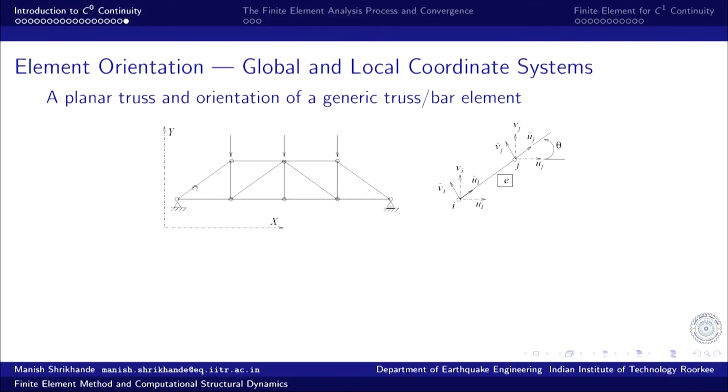So, before we can assemble the contributions or element equilibrium equations for different elements into making a global representation of the total structural system, it is necessary that these local equilibrium equations, element level equilibrium equations in the local frame of reference, are transformed to a new frame of reference which is held common. So this is the global frame of reference, the common global frame of reference. All element level equilibrium equations are transformed with respect to this. This is the same as the change of basis that we had earlier seen during our discussion of vector spaces.